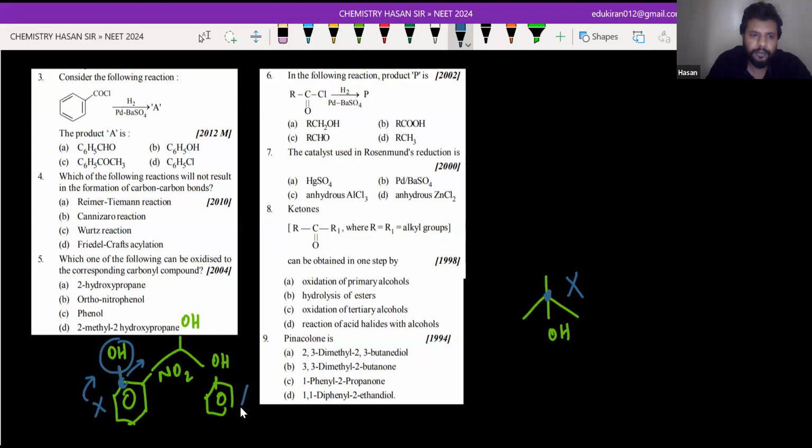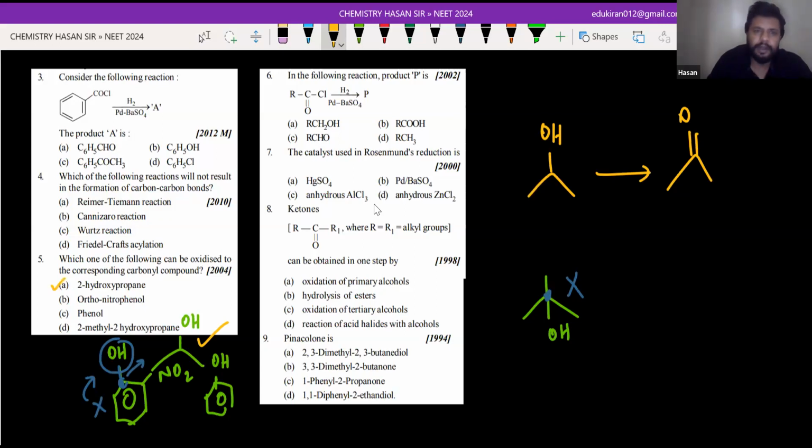In the same way, if you oxidize phenol, it is not going to take place as such. It will be converted into benzoquinone or something. And this one can be easily oxidized. If you use an oxidizing agent like PCC, this will be converted into the ketone carbonyl. So the correct answer is A. Aisha, will you be able to solve this aldehydes chapter? Have you revised that? Yes. Okay. Rajita, have you got it? Yes, sir. Okay.